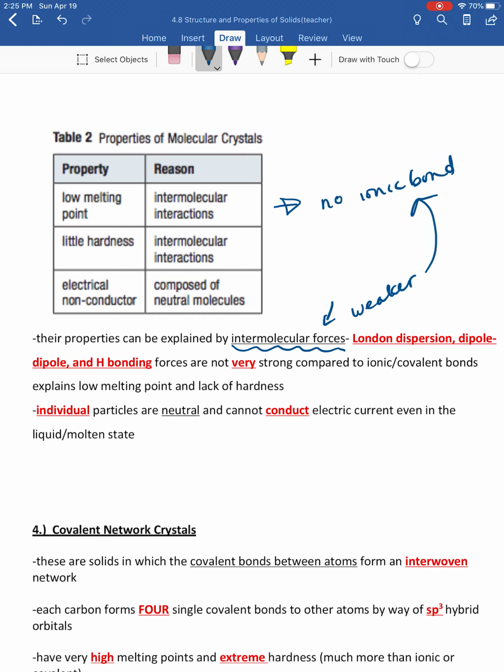Individual particles are neutral, and they do not conduct electric current because there's no ions or no positives and negatives, okay? Even if you melt it, because they're neutral. There's no charge. And lastly, the 4th type of